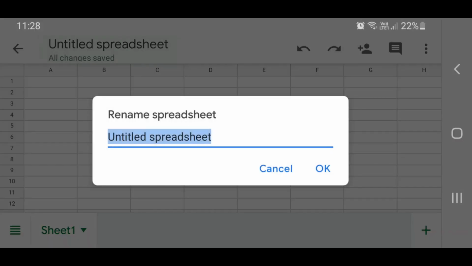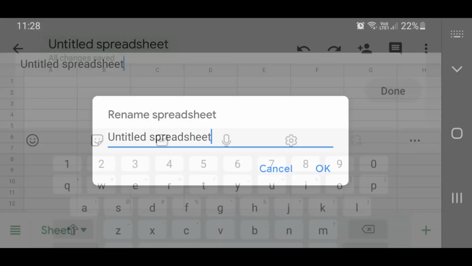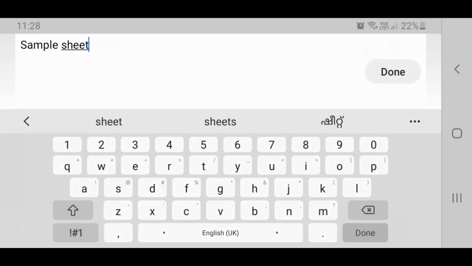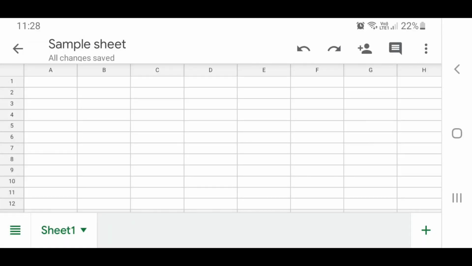Here I can rename my spreadsheet. I'm going to rename my spreadsheet as a sample sheet. Click on OK and the name is saved. Before beginning with,